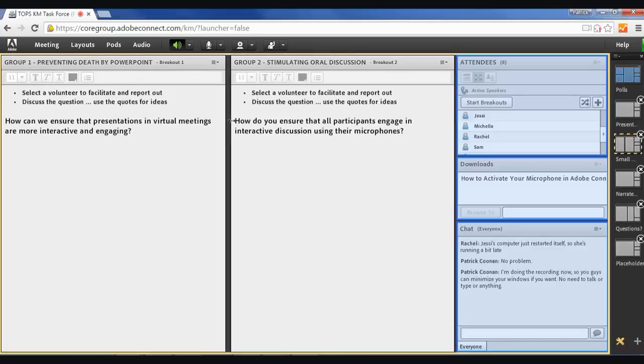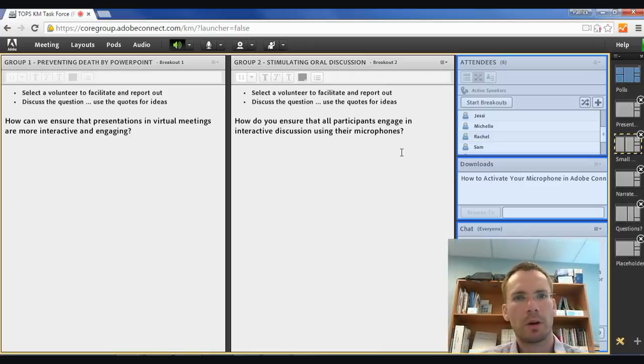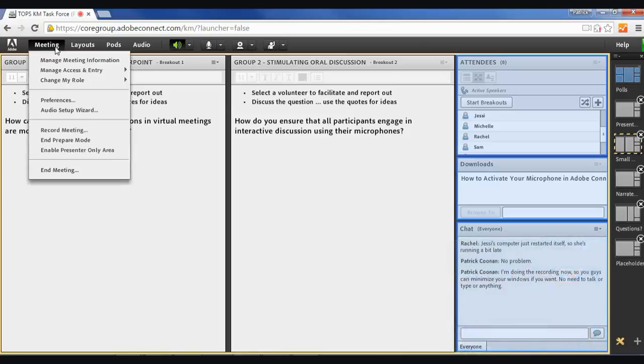So now, once everybody in each group is done taking notes, they'll be able to come out here, and the group 1 folks will be able to see what group 2 wrote, and vice versa. So now I'm feeling pretty good about things. We have our breakout room set up. We've got our little layout for after the small group work set up. I'm going to go out of prepare mode now,